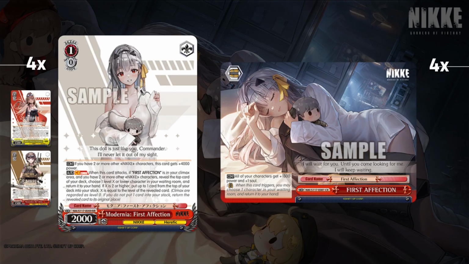I've had turns and seen people have turns where they can set up enough checks and have enough information on the top of their deck without really expending a lot of those resources, since those Rappys are popping back, to hedge their bets on hitting a Modernia in every single lane, which can be pretty crazy